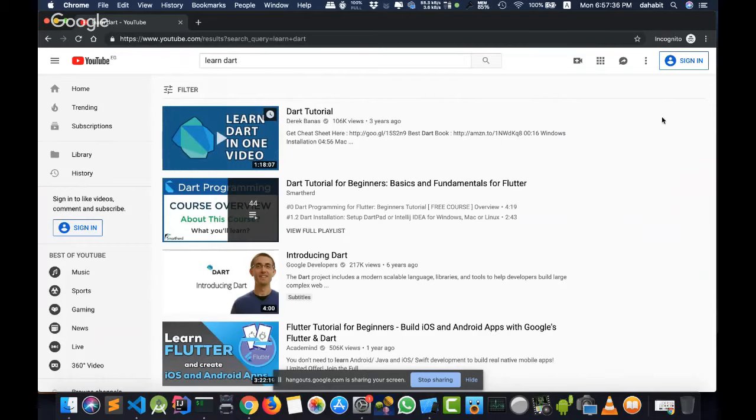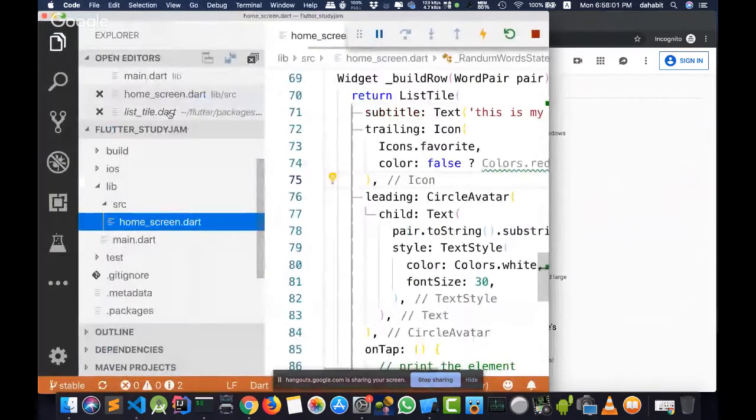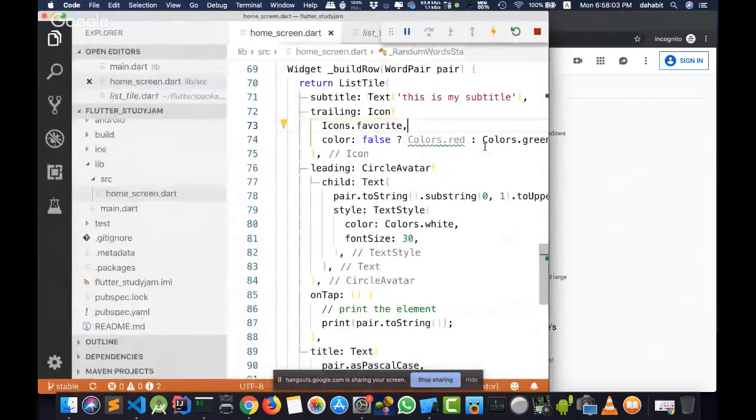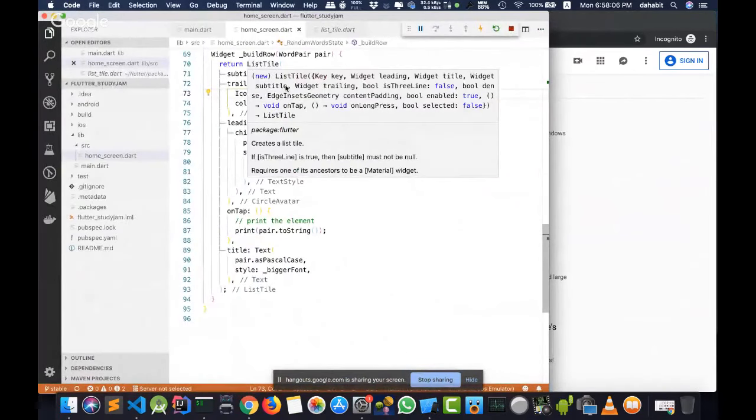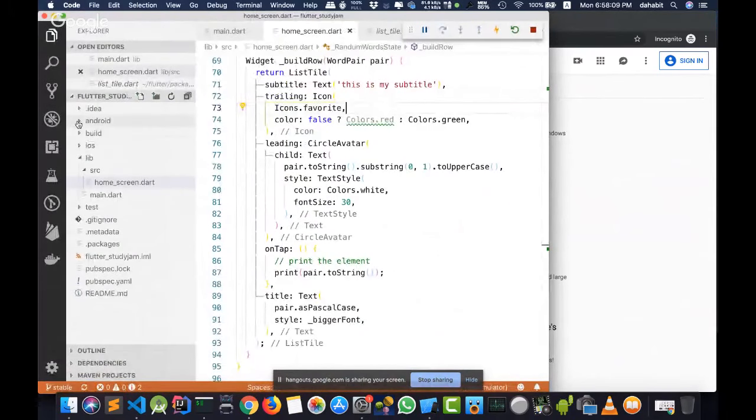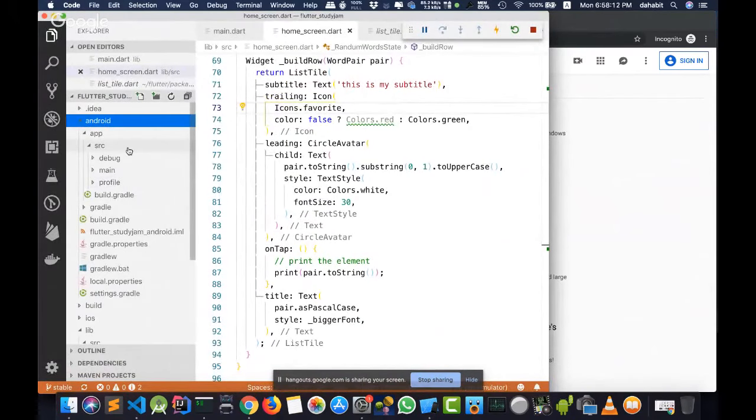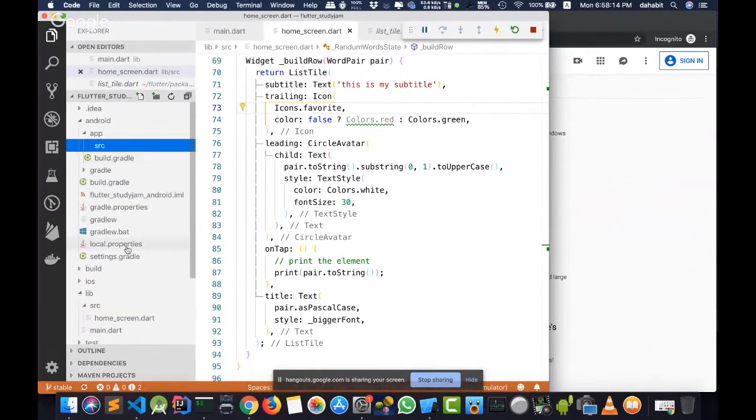So a lot of people ask me, I don't know anything about Flutter or mobile development. Should I go and learn native development first, and after that come back and learn Flutter? My answer is, I prefer no. Start with Flutter, and after that you can learn some native tricks. You will need some native experience sometimes. Let me decrease the font size now. I think there's no need for a big font size. Sometimes you will need to write specific platform code, for example Kotlin or Java code or Swift code.